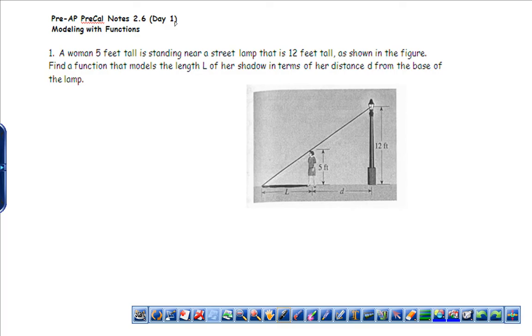Okay, this is 2.6, modeling with functions. This is day 1. I have a woman 5 feet tall standing near a street lamp that is 12 feet tall, as shown in the figure below. Find a function that models the length of her shadow in terms of her distance d from the base of